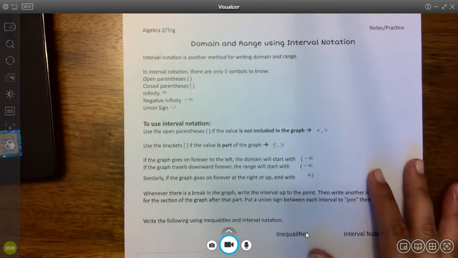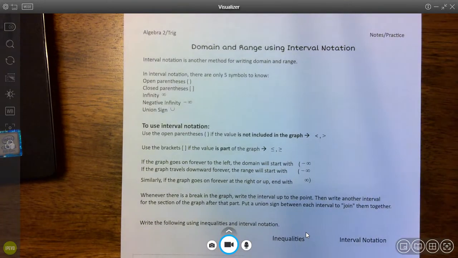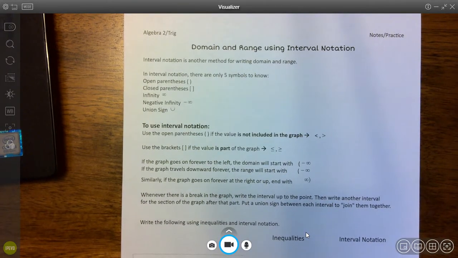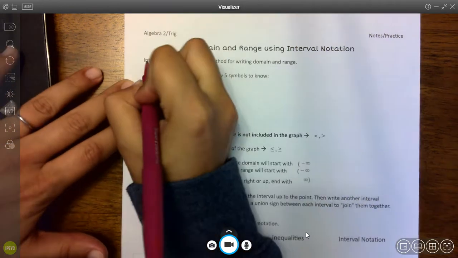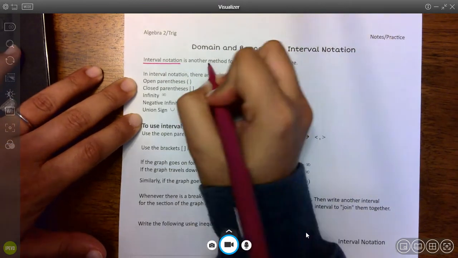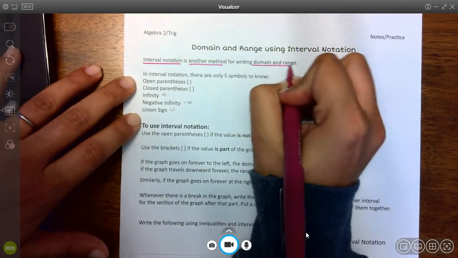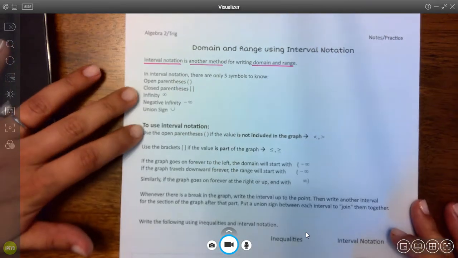Today we are going to cover domain and range using interval notation. Domain and range with interval notation is no different than talking about domain and range of a function with an inequality, but simply interval notation is just another method for writing domain and range. Okay, so what we're going to talk about